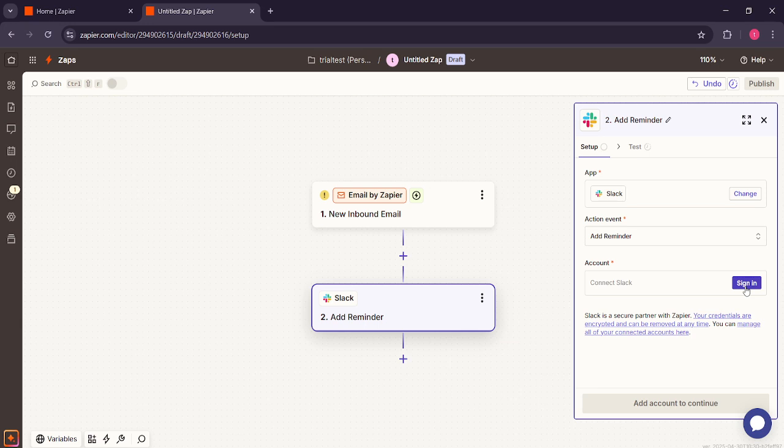you authorize the necessary permissions. Make sure to test this part too. It's crucial to confirm that the action is effectively communicating with your Slack and that the reminder is being properly scheduled. Finally, once you're satisfied that everything is correctly set up and that your test was successful, the last step